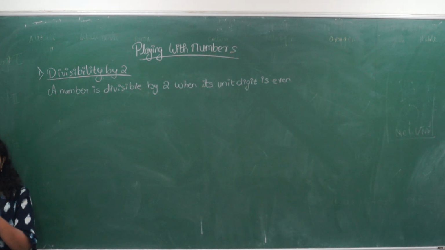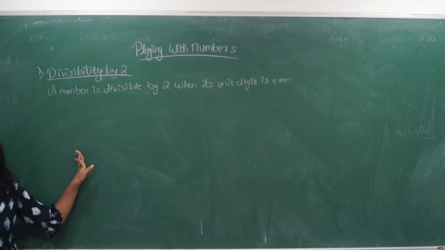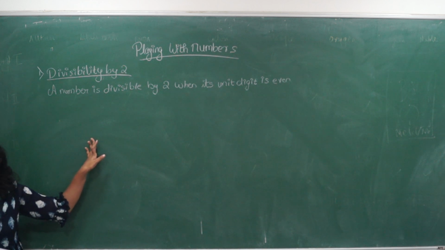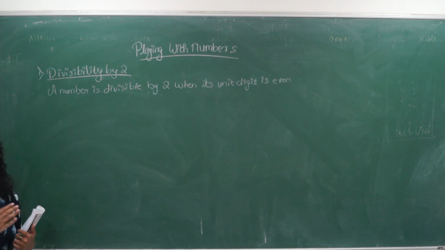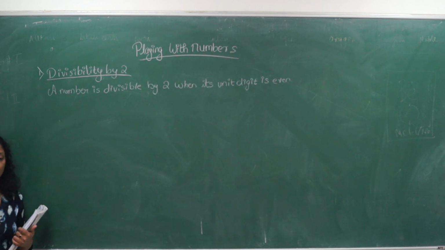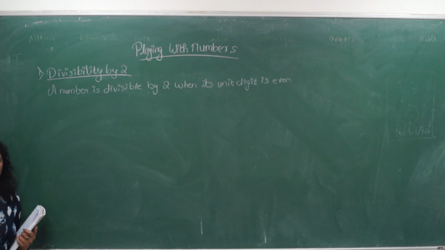2, 4, 6, 8 इवन है वो आपको पता है. यहाँ पे 0 भी इंक्लूडेड हो जाएगा because 20 is also divided by 2, 10 is also divided by 2. So your units place should be even number or 0. Any even number, right? Even number or 0. हम लोग even number at the digit means we will be considering 2, 4, 6, 8. One digit चाहिए ना, so it will be 2, 4, 6, 8 and 0.